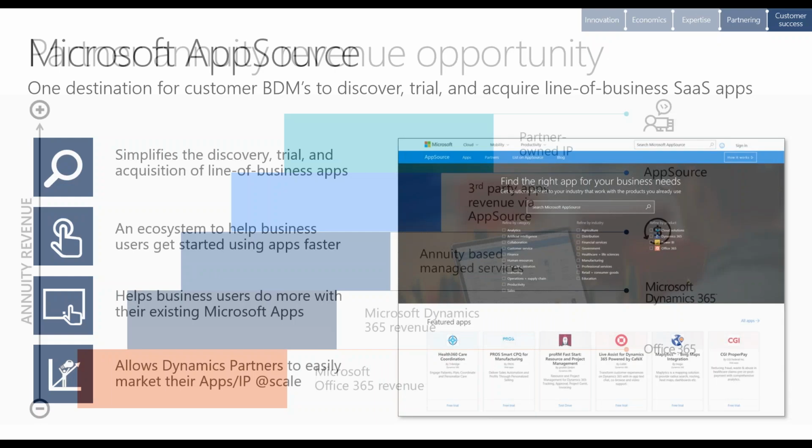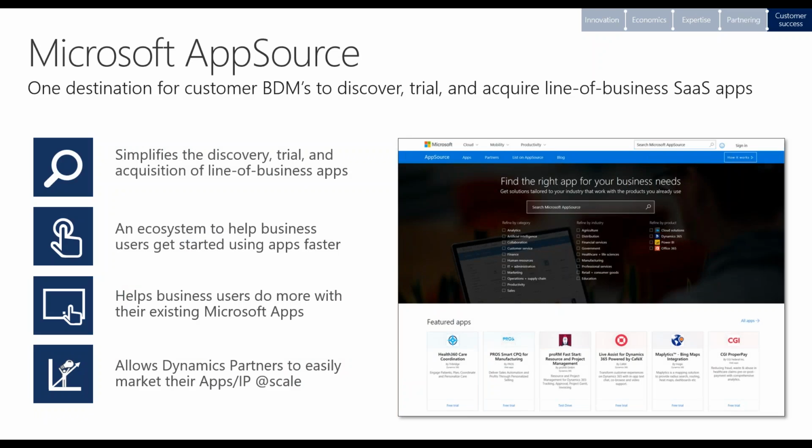Microsoft AppSource, go there, search for Dynamics and drill down on Business Central. You'll see some of the things that are showing up there at the moment. It's a great way. Basically, the experience from a customer is you can go there, you can download a partner's application. Once it's in, it actually automatically installs into Business Central, and then most partners will put some sort of